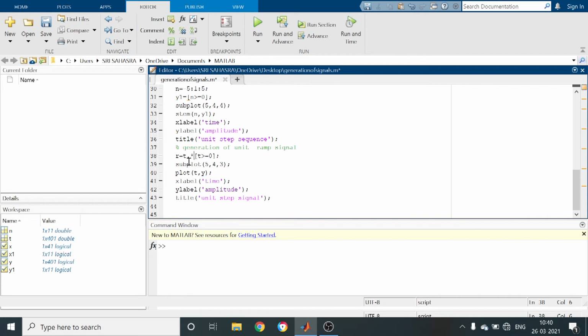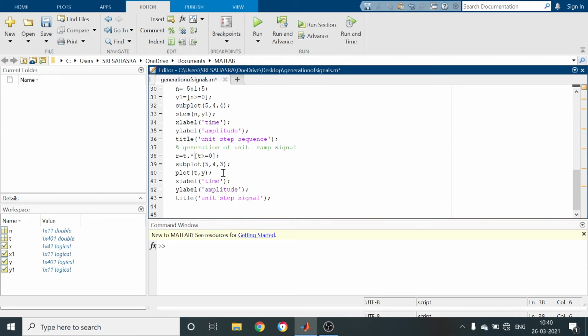So whenever we have to write R of t equal to t for t greater than or equal to 0, we are going to write the command r equal to t dot star. What this dot star indicates is the element wise multiplication. So here every t is multiplied with every element of this unit step signal.